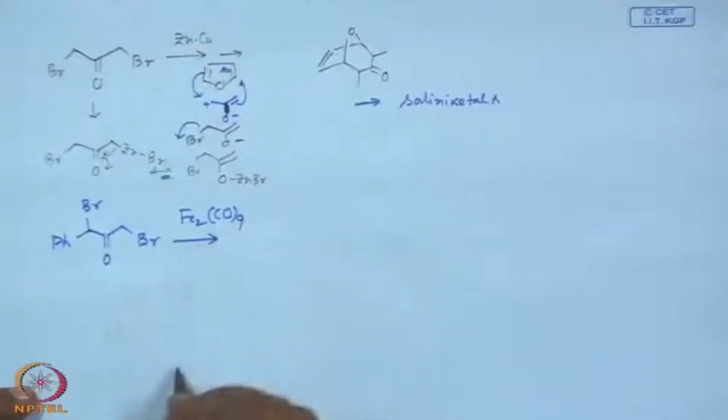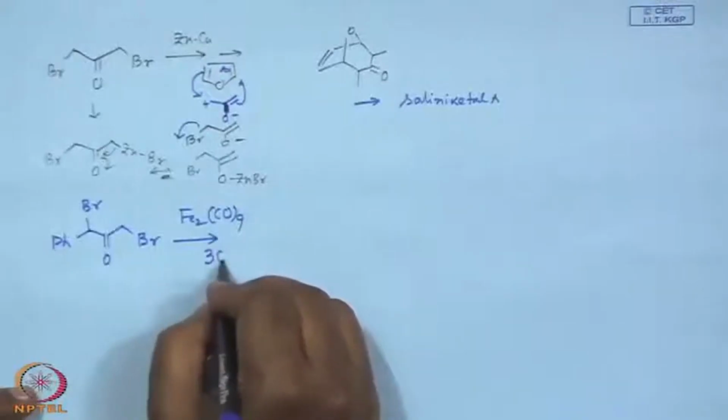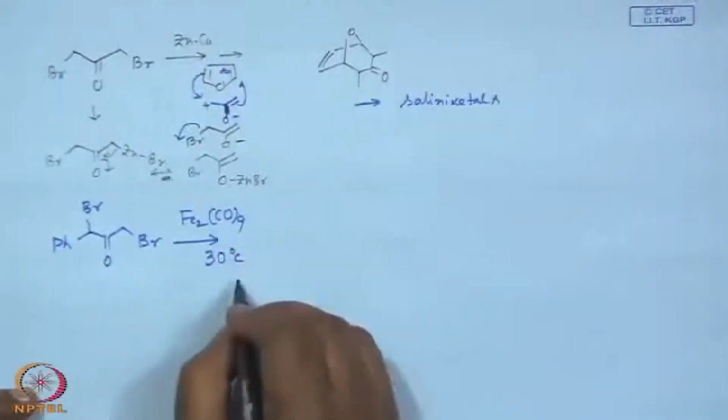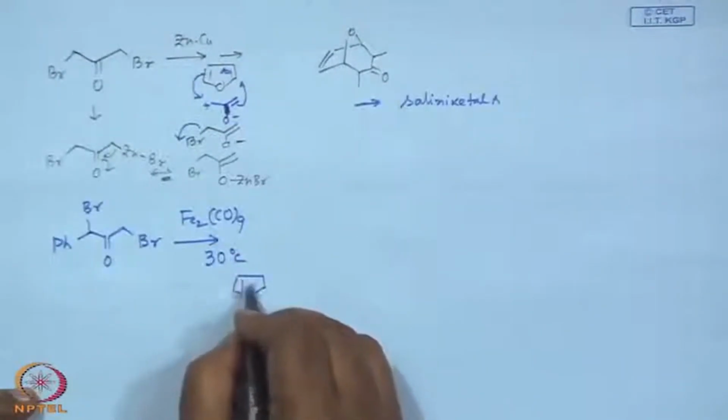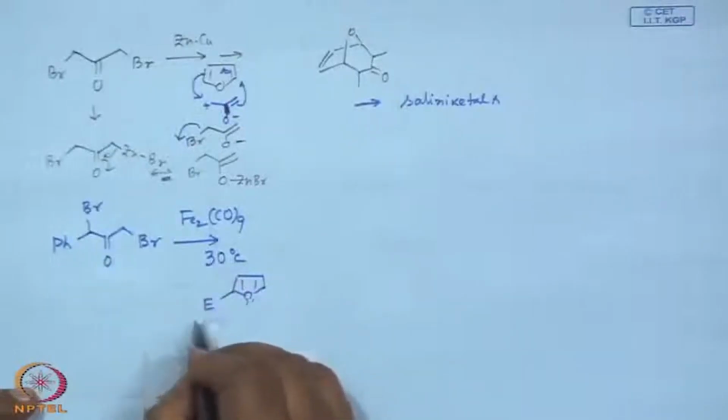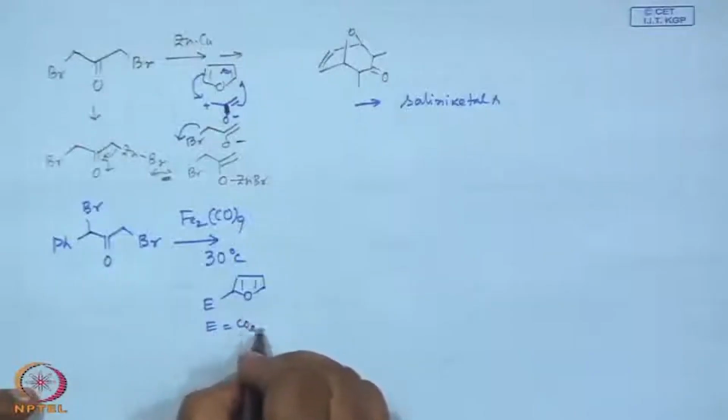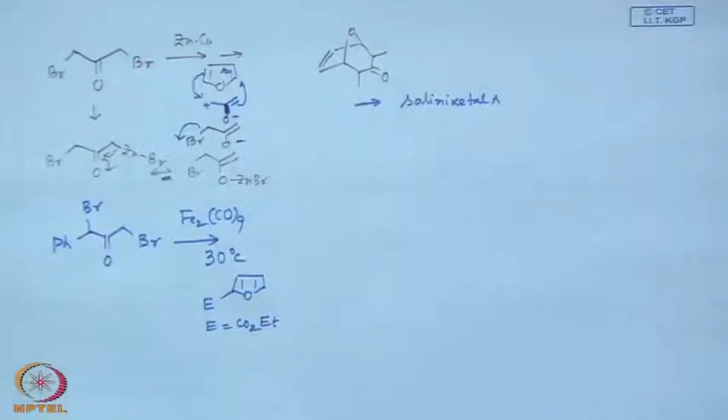Now, if you react this with di-iron nonacarbonyl at a reaction temperature a little less than 30 degrees centigrade, and you treat this with furan, E in this case stands for ester, right. So, once again, nonacarbonyl is a very safe compound; though it is a liquid, it is commercially available, and if you photolyze it, it becomes iron pentacarbonyl, that is also a liquid,